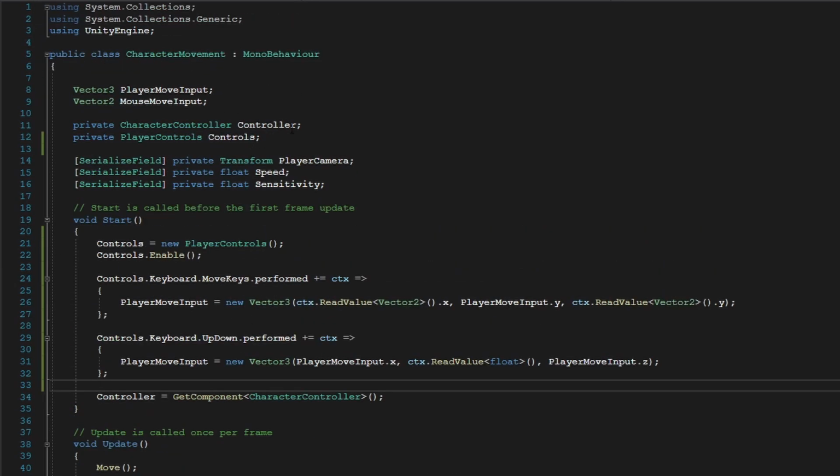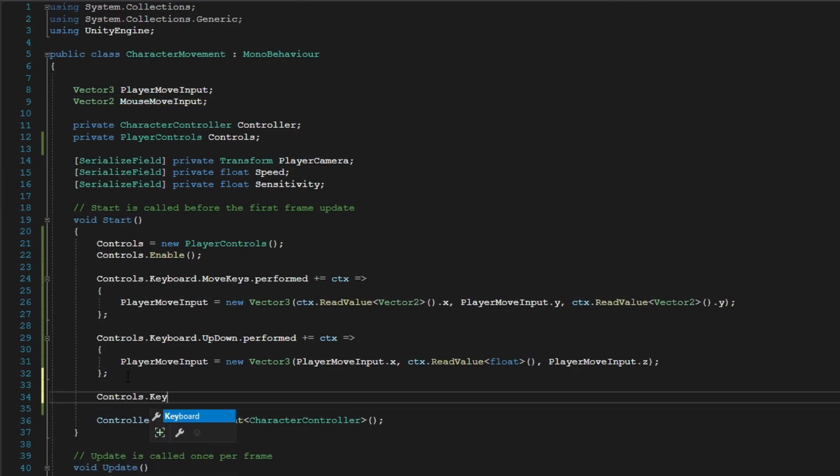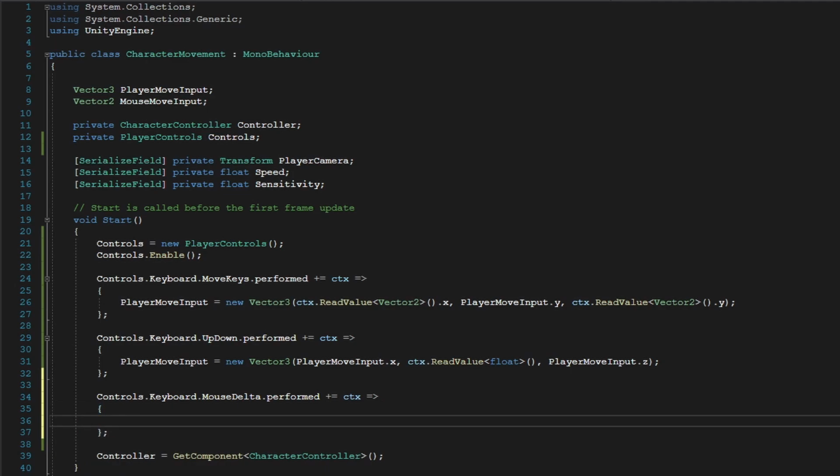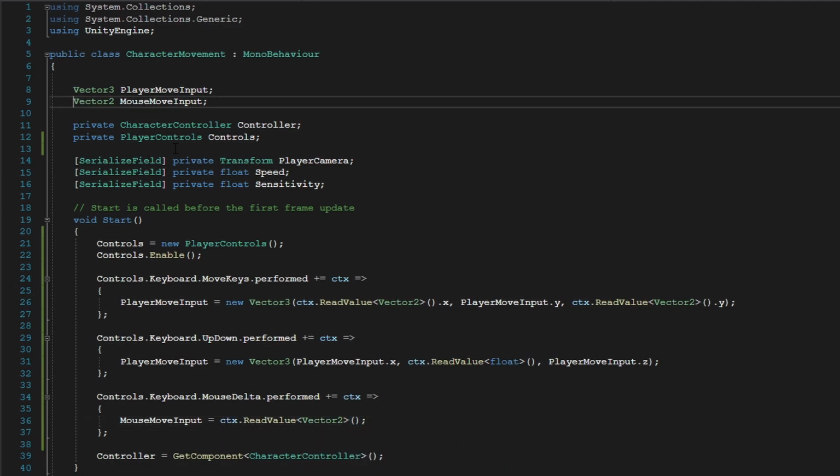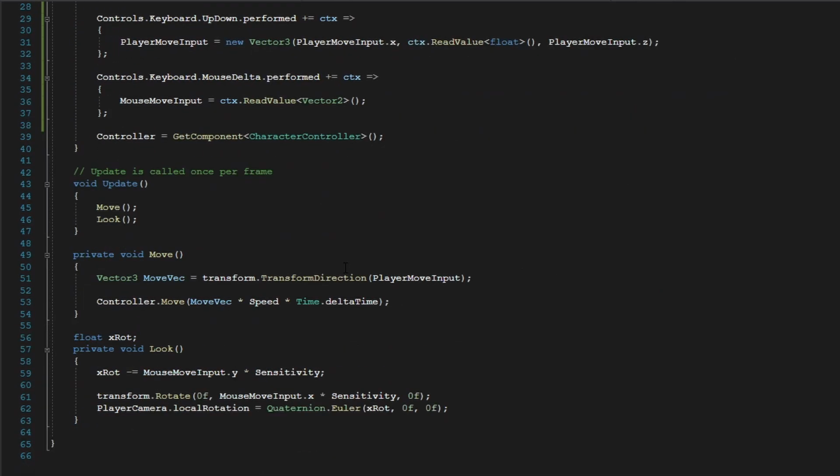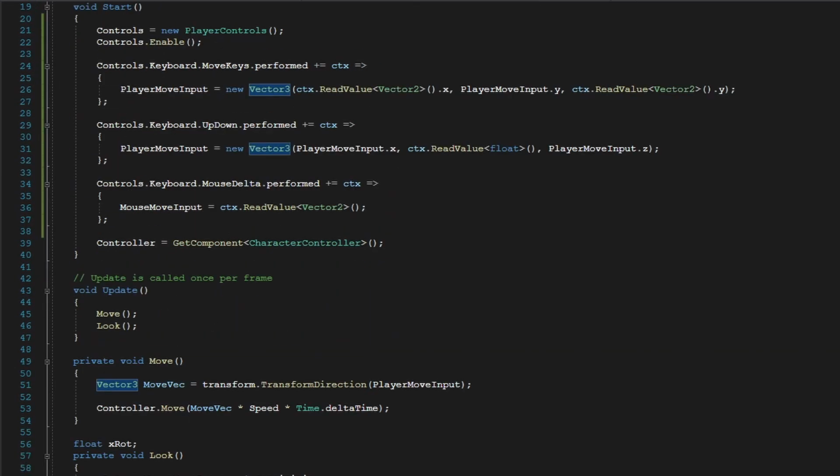And now for our deltas, we can just assign this to our mouse move input. So controls.keyboard.mouseDelta, I know it's not really part of the keyboard, but whatever, plus equals ctx, since we will be reading a Vector2, and we do mouseMoveInput equals ctx.ReadValue Vector2. There. Now if we serialize these fields, so I'm just going to make these public temporarily, save, there you go, and we go back into Unity,